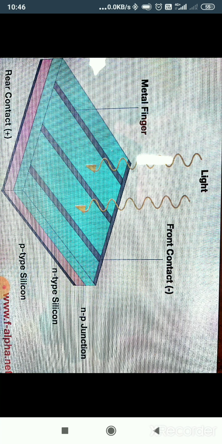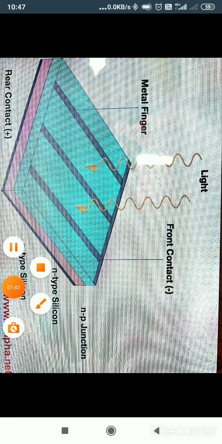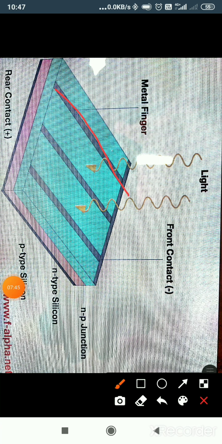On top of this N layer we have one more structure, that is a metal finger. As you can see over here, these are the metal fingers. The reason for adding these metal fingers is that the carriers are extracted by the metal electrodes on either side. A finger electrode is used on top to make the electrical contact, so that there is sufficient surface for the light to penetrate. So these are nothing but metal fingers.